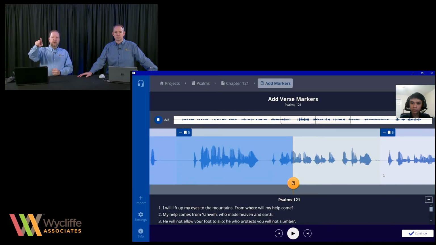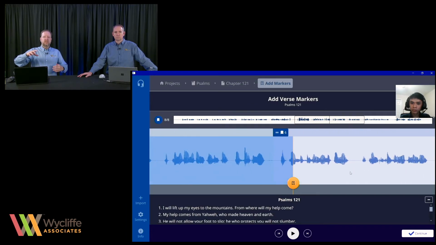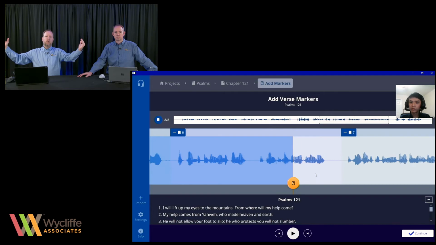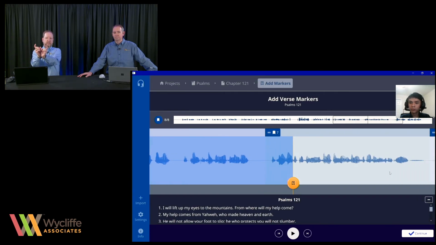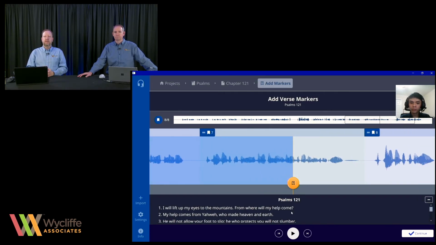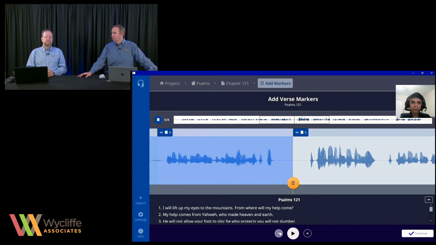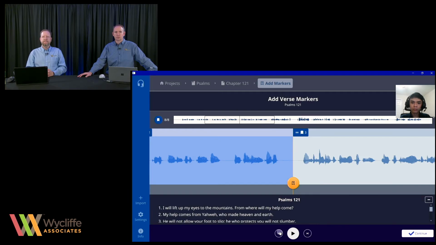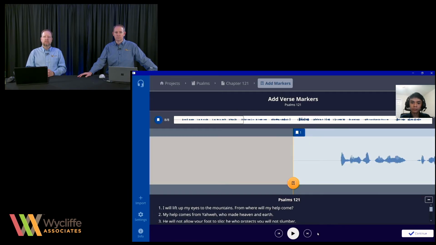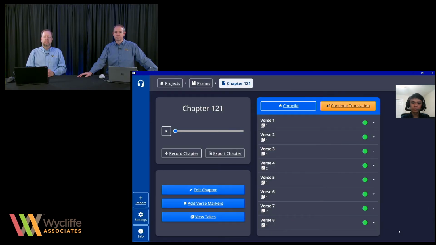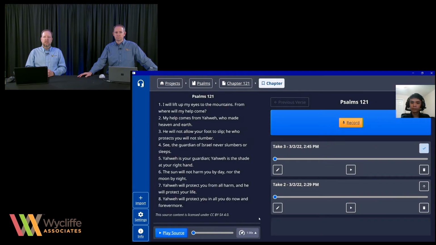Now, all the way at the top of the screen in the white is the representation of the entire waveform, because we're only seeing a portion of it in that major screen in the middle. Yeah, about 10 seconds, I think, in the lower bar and the whole chapter in the top bar, something like that. Yep, pretty close. So you can scrub around and check things out. Indeed. And so now he's finished putting those verse markers in there. Okay, you can stop now there.